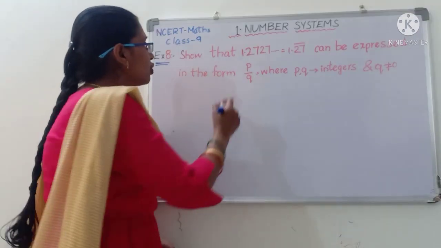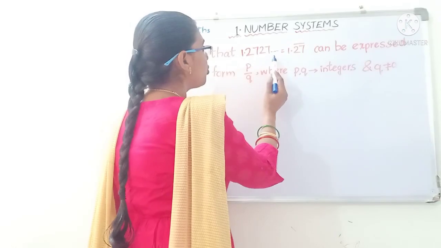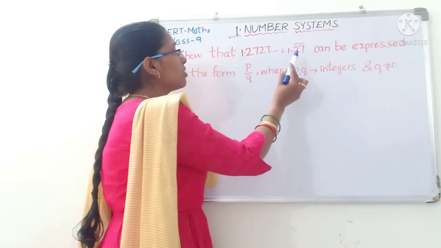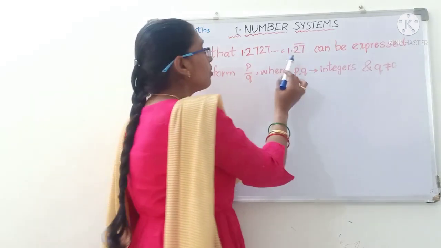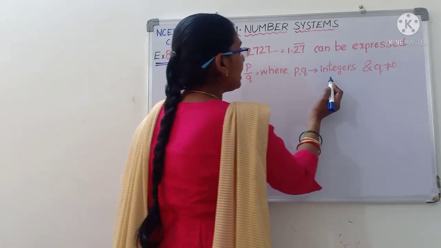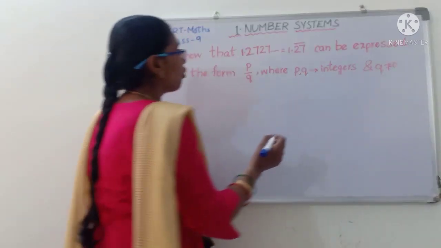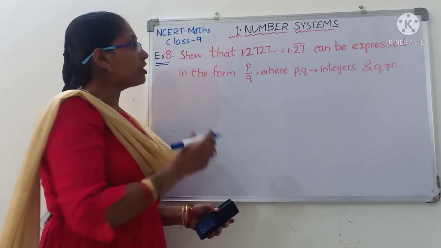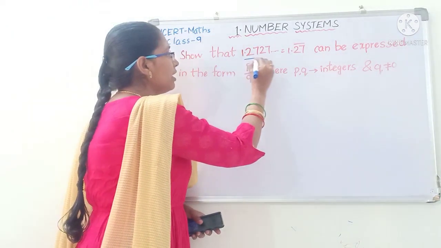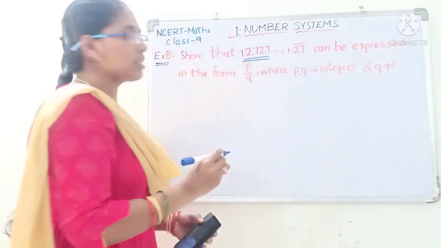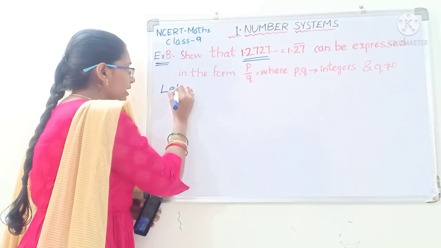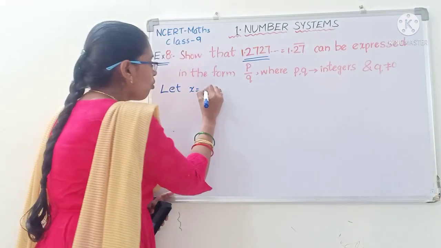Example 8, children. Show that 1.2727 and so on, that is 1.27 bar, where 27 is repeating, so you keep the bar on 27, can be expressed in the form of p by q, where p and q are integers and q not equal to 0. So the question is very similar to example 7, children. In the first step, what do you do? The number given should be assumed as x. Let x is equal to